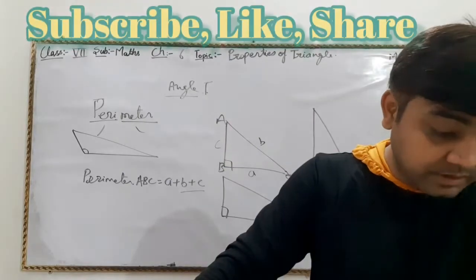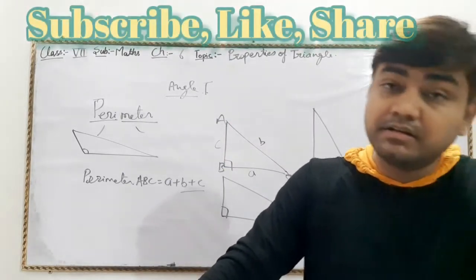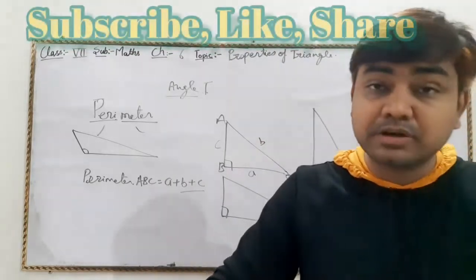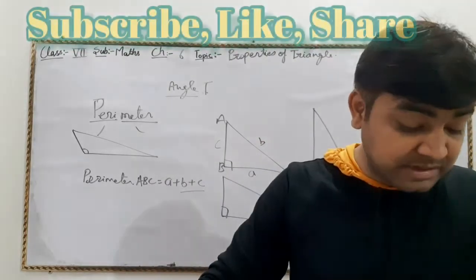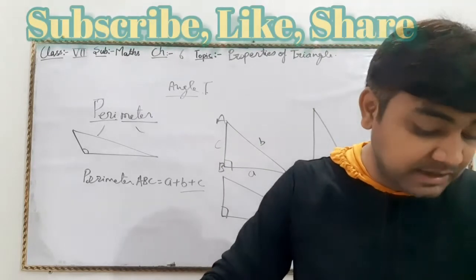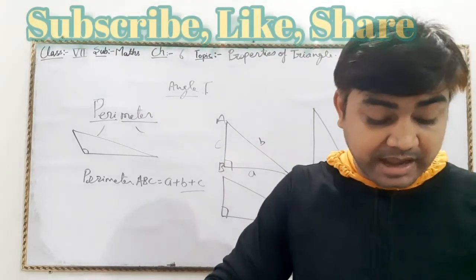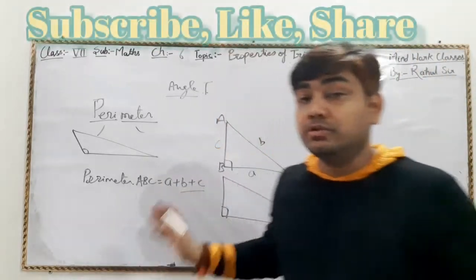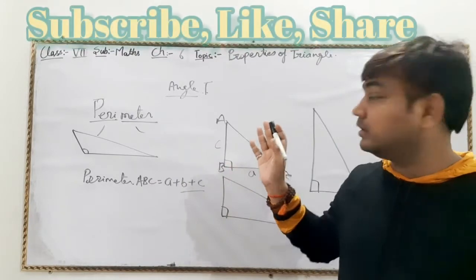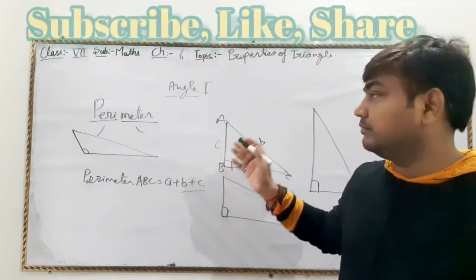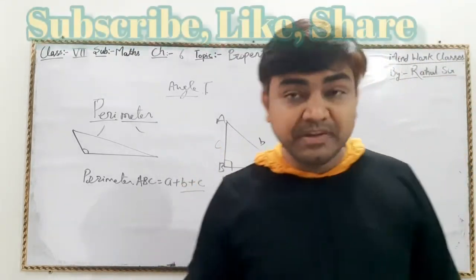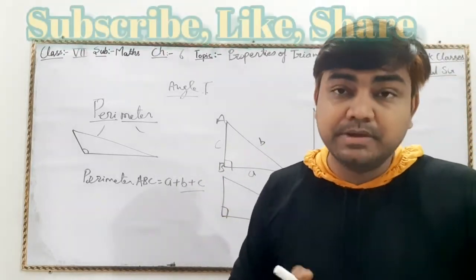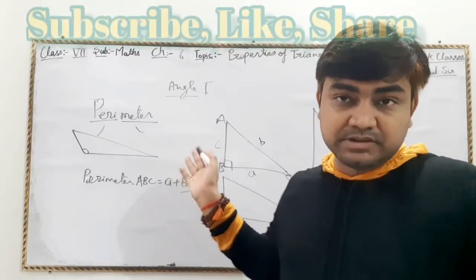First question is to name the elements in each triangle. I have already told you all the elements of any triangle. So let's come to question number 3. Measures of the three angles of different triangles are given. Classify the triangles as acute, obtuse or right angle. I just told you about the types of triangles with respect to angles, so the third question will be solved with the help of this concept.